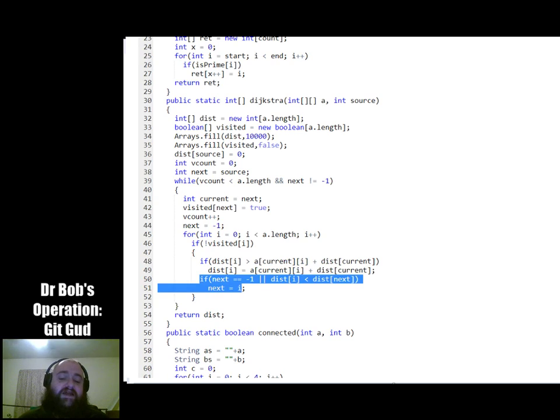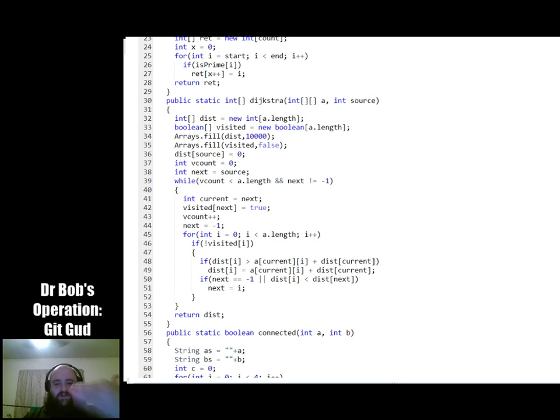Then we want to find what will be our next value. So the next value you'll want to check at every step is the lowest distance unvisited node. After we've updated this distance, perhaps, we check to see if next is equal to -1, or the distance to node I is less than the distance to the current next node.